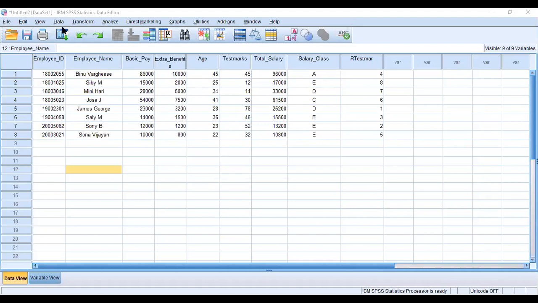Red, then black. Then again black. Again black. Then again red. Red. Silver. Silver.